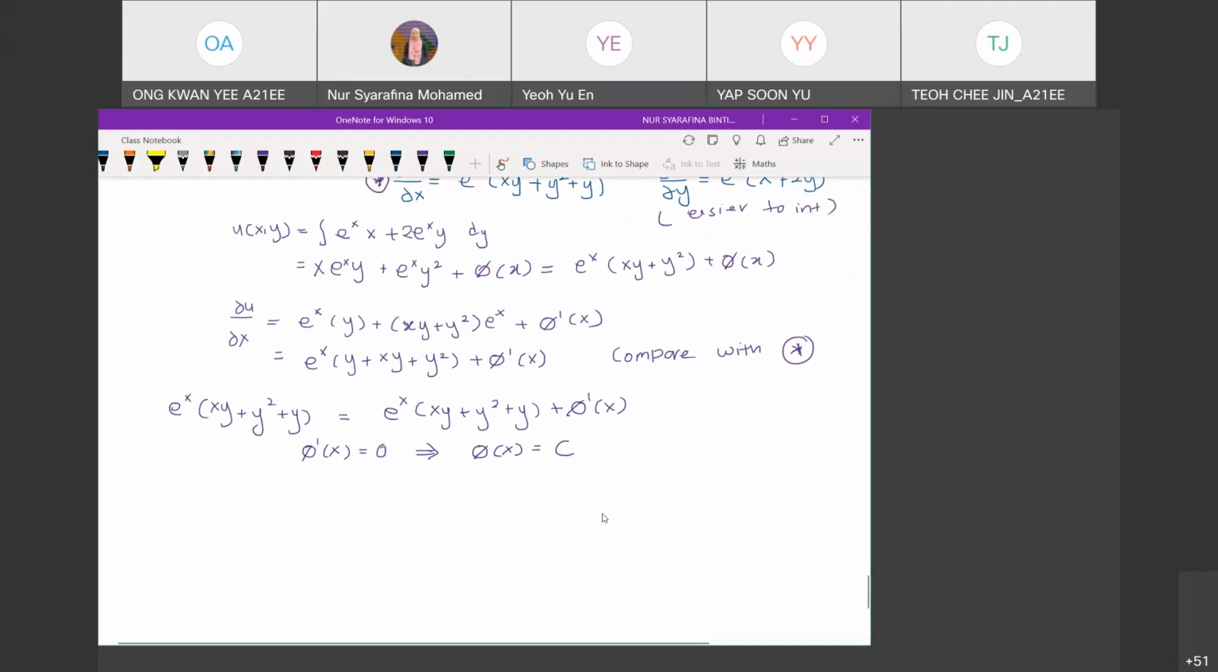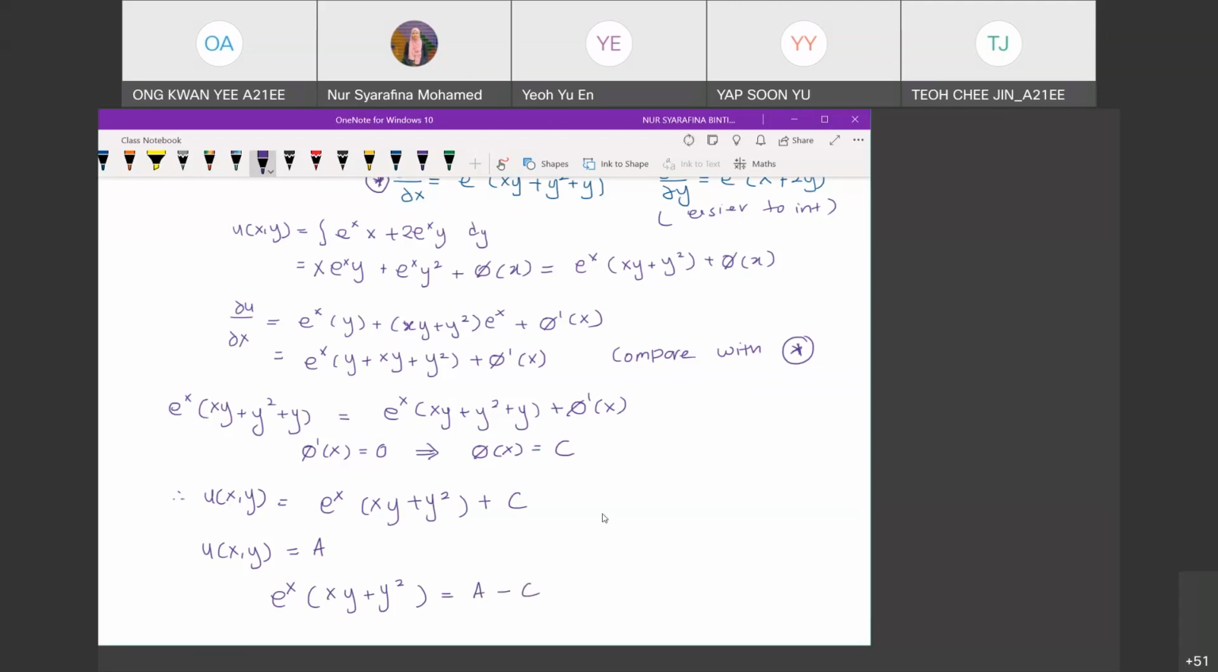Then what is your u x y? Just substitute, right? e^x y plus y squared plus c. And the final one should be u x y equals to a. So e^x y plus y squared equals to a